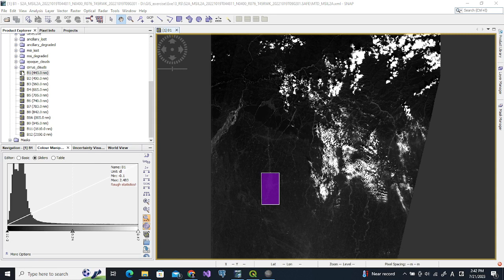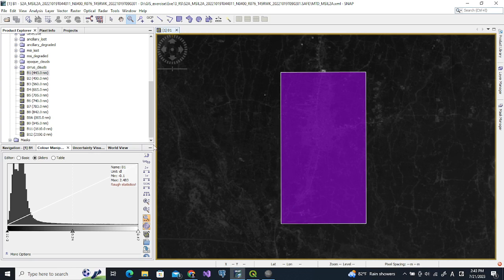The bands have different resolutions. Bands 2, 3, 4 and 8 are 10 meter resolution, and others, some of them are 20 meter and some of them are 60 meter resolution. I want to clip this data to the extent of this. There are various ways to do that, but what I do is I zoom the data to the extent of this area, and I make it